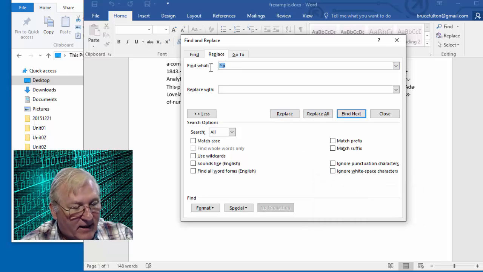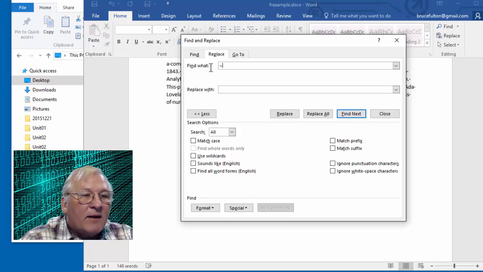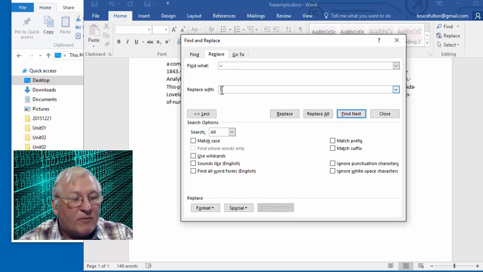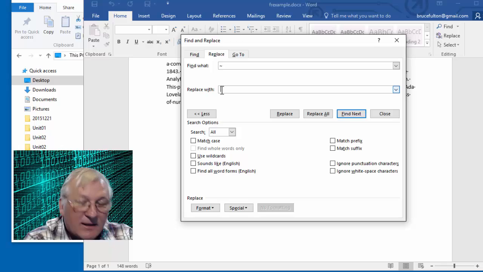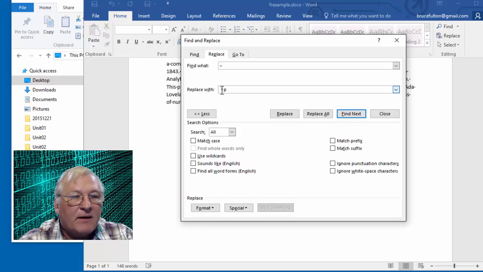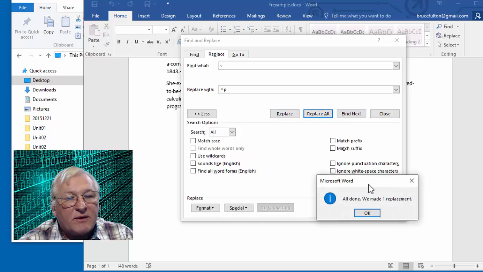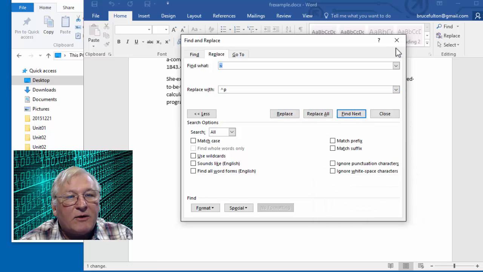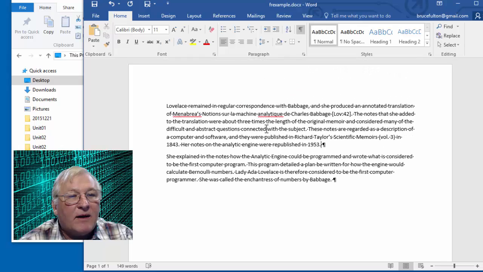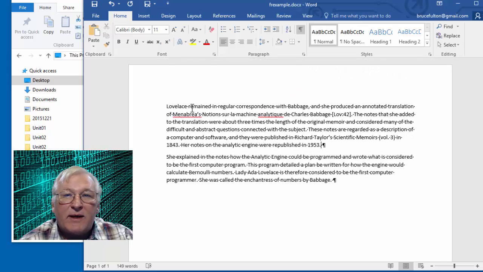And now I'm going to go back and replace the tilde with the one paragraph mark that we need to delineate the end of our actual paragraphs, and that looks like this. Okay, and we're going to replace all of those. Now if we go back and look at what we've got here, we'll see that we have our two formatted paragraphs the way that Word likes to see them, and we've got one paragraph mark at the end of each